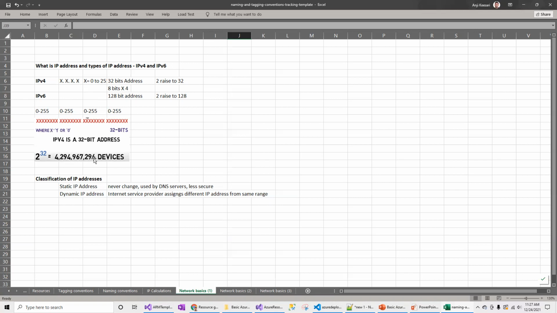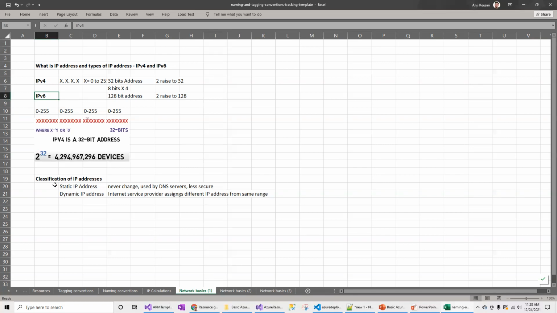In order to support the growing number of devices, the new generation has the IPv6 pattern, which includes 128 address bits, which is 2 raised to 128, much larger as compared to 2 raised to 32. For now in Azure, when we are creating the virtual network, we will be focusing on IPv4, not IPv6 really. That's the next generation one. I just wanted to let you know the difference between IPv4 and IPv6.